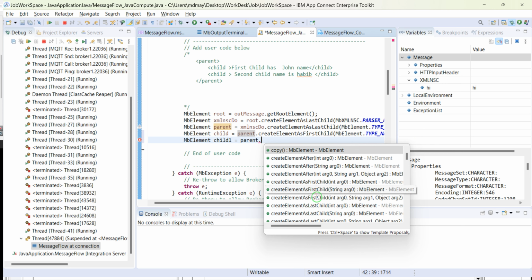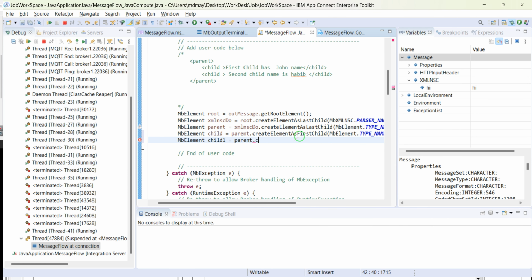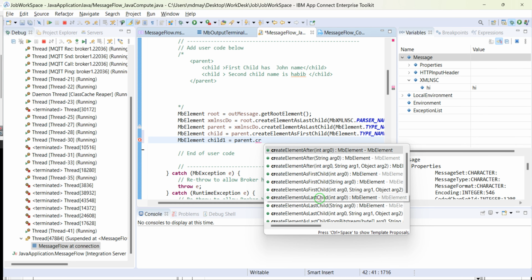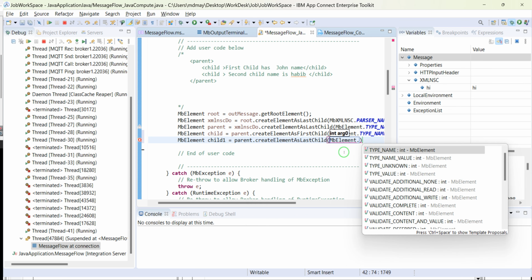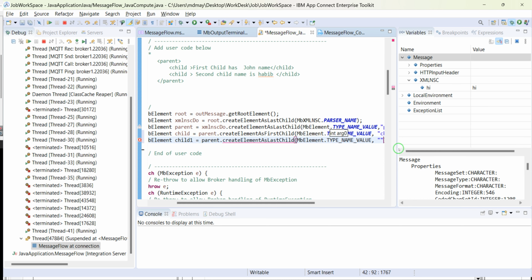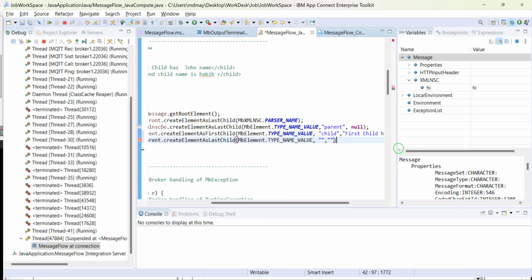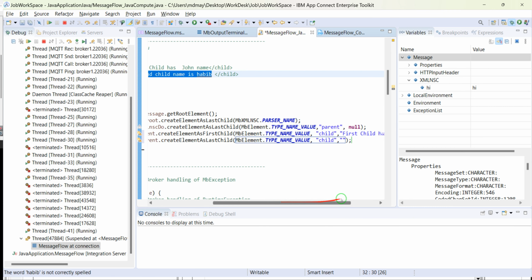This is the last child, and for last child we create element as a last child, and it's also MB type element because it's an element type, and as a value name and value. Name is child and the value is Habib something. Copy and paste,